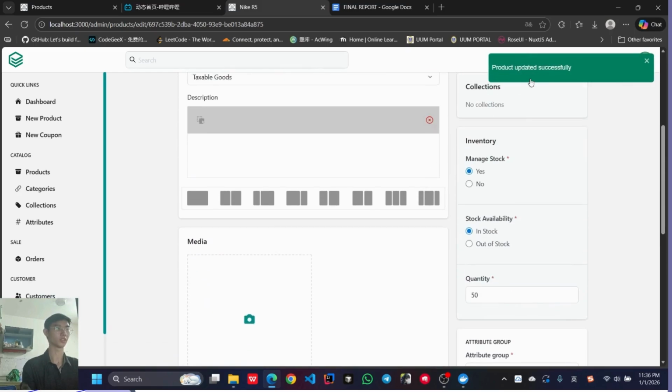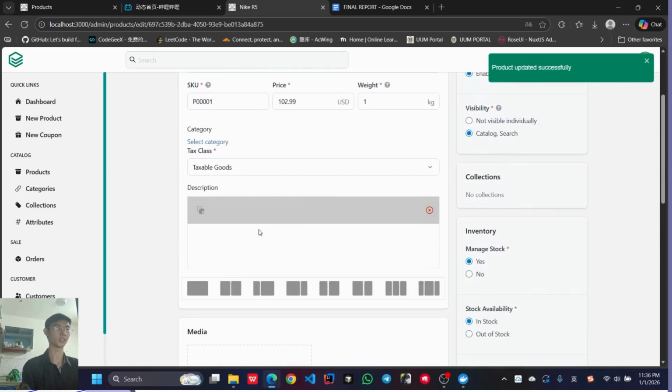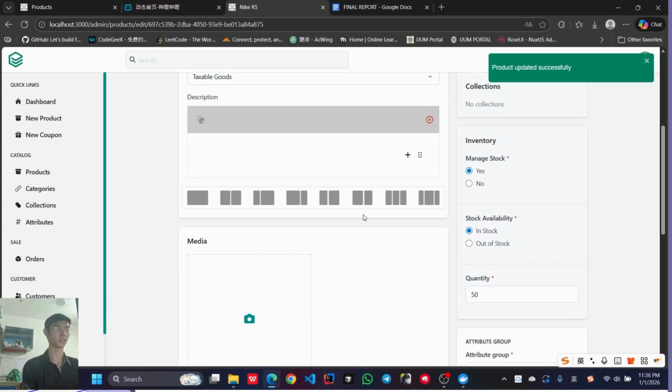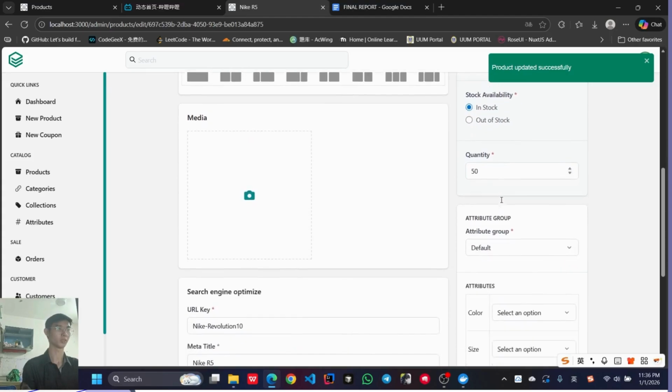So it shows outdated successfully. That means it accepts the invalid data. So this test case is failed. So we go to the quantity,